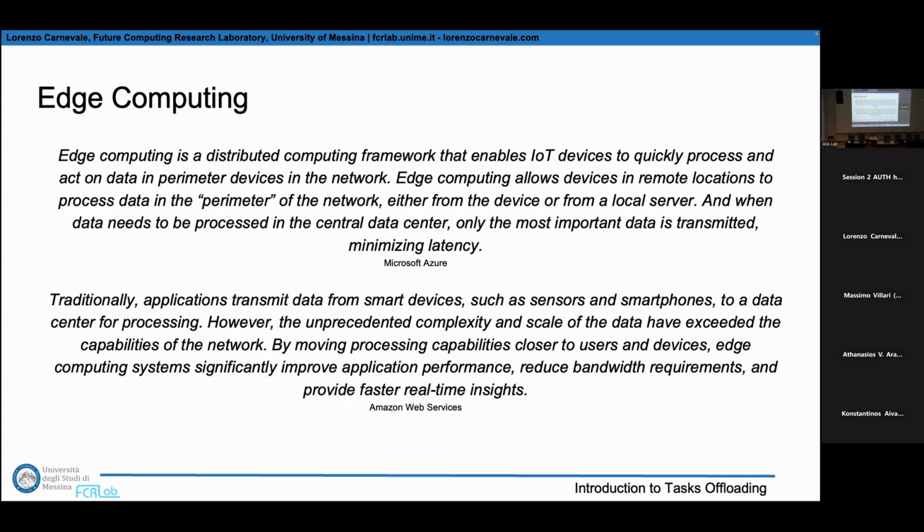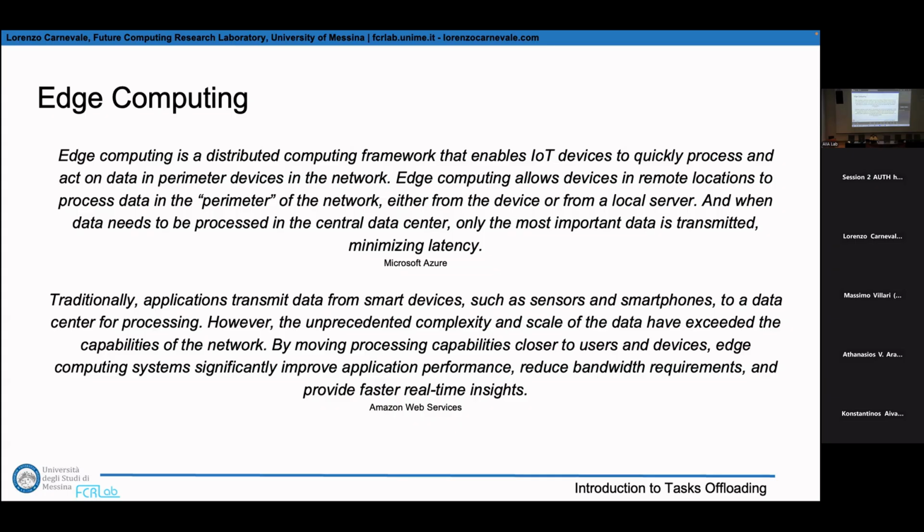Edge computing could also be something not very low power. Low power is mostly for Internet of Things, which we will see in a couple of slides, but mostly it means very small data centers, sometimes still powered by battery, with a microprocessor or a processor without a big capacity like, of course, cloud computing.